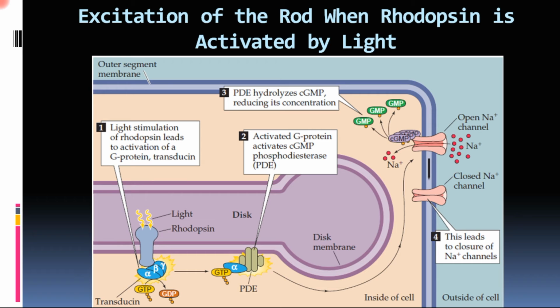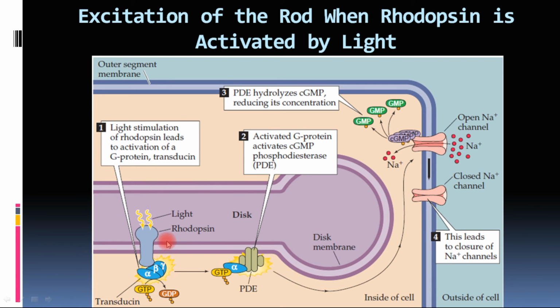So what is the function of metarhodopsin 2? This metarhodopsin 2 activates the transducin. What is transducin? Transducin is just a G protein. So this rhodopsin is acting as a G protein coupled receptor. Alright, understand here, what you are seeing is the disc inside the rod, and this is the cell membrane.